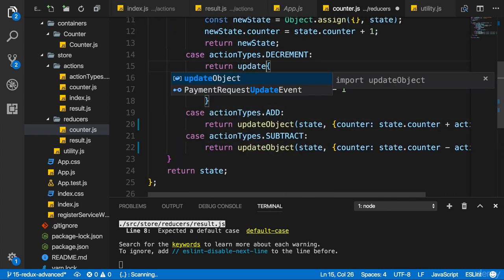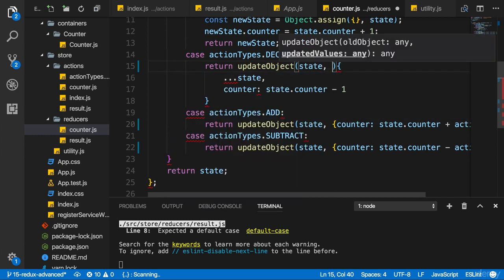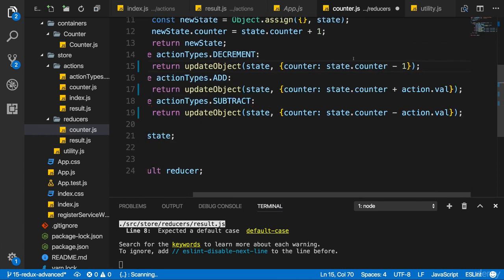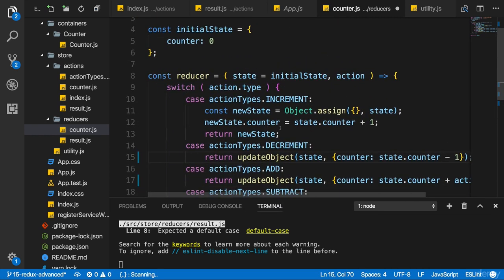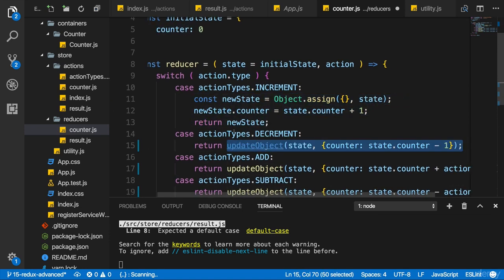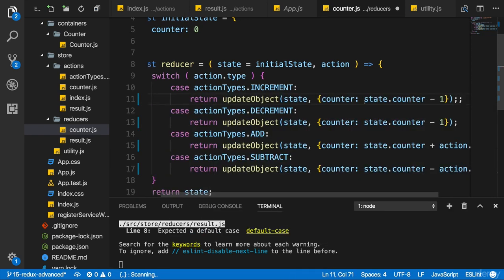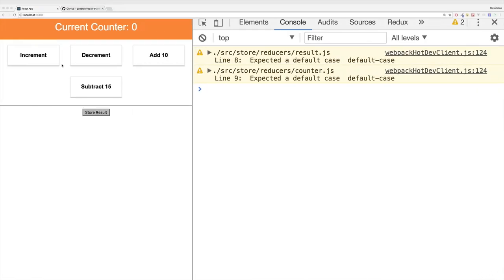So let me quickly do this for all the other usages here too, for all the other cases. Always update the state and pass a JavaScript object with the updated properties. So finally, last time I need to do this is here in my increment method. There I used the longer approach of updating my state previously. Now I'll use this very short and condensed approach of just returning updateObject. And there I want to increment the counter, so +1. Let's quickly save all files, including the new utility.js file. And let's see if that works.